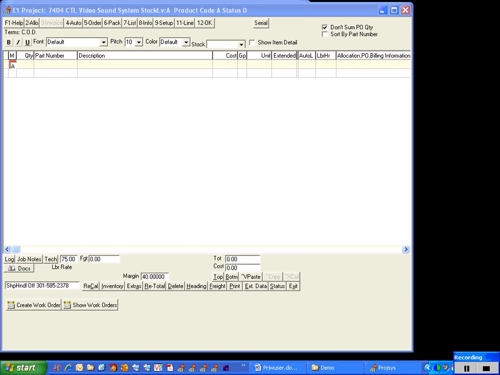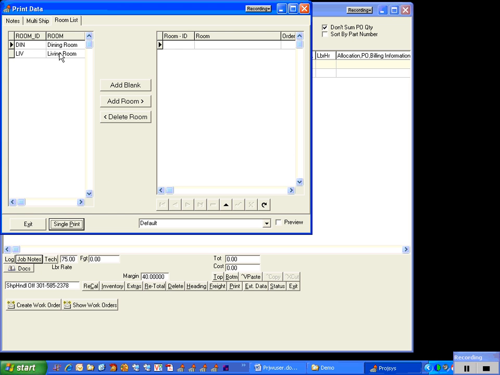This is an example of the room estimating system as part of the project editor. Now what we're first going to do is set up a room list. We can actually predefine some rooms like you might have in a residential environment, or we can go ahead and do things like,